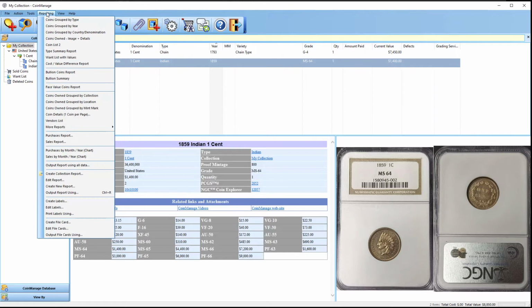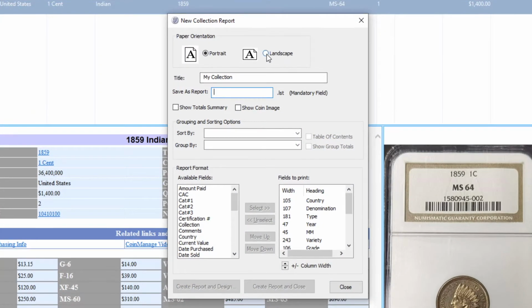One way to do this is under reporting, you can select create collection report. This is a way to easily create simple reports. I'm going to change the orientation to landscape, so I'll have more horizontal space, room for fields. Give it a name. Now, in the case of images, I'm going to start off by clicking on the show coin image,